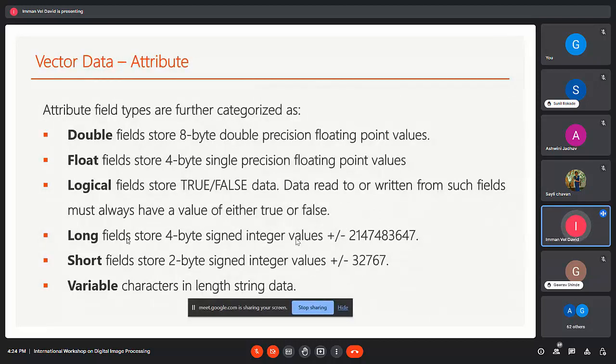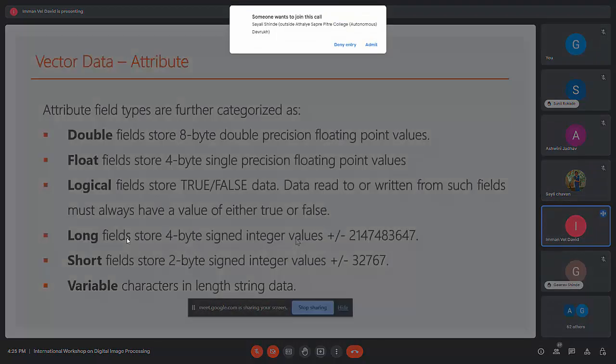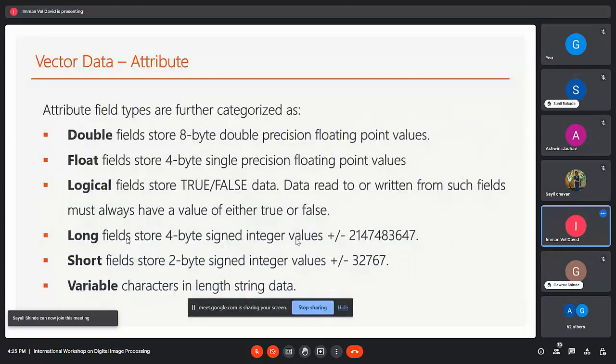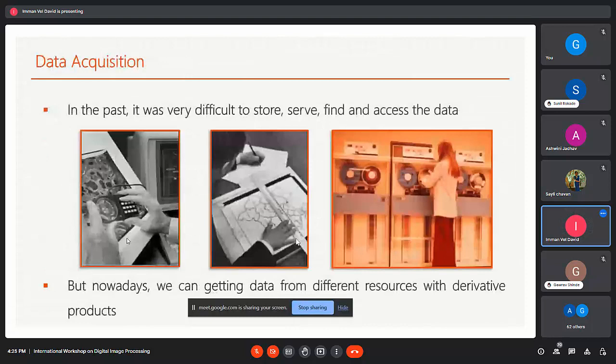Short integer fields represent 2 bytes of integer values, plus or minus 32,767. Variable characterization is represented in the form of string data. These are the basic concepts of vector data to describe the entire spatial features of the Earth surface.